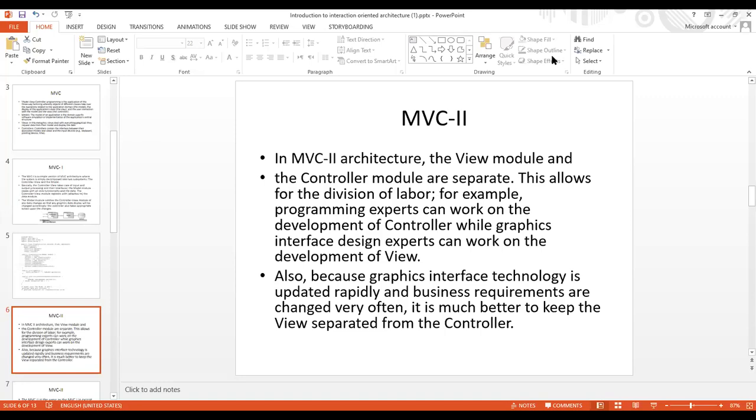For example, a programming expert can work on the development of the controller while a graphic interface expert can work on the development of the view. Labor is divided so that each separate work can be performed by the view and controller modules, so it can